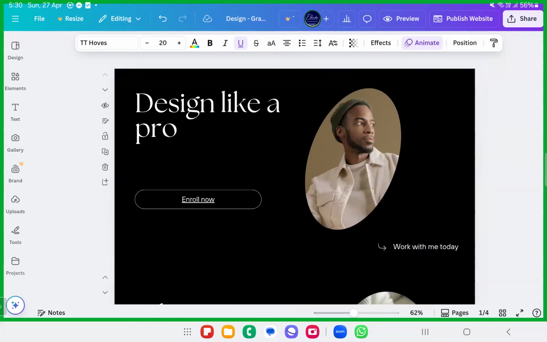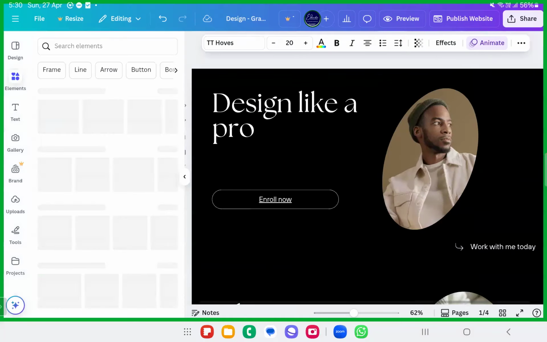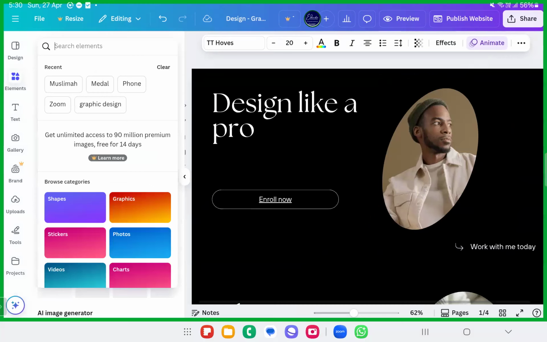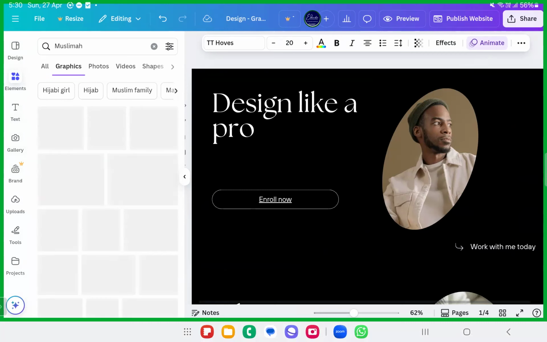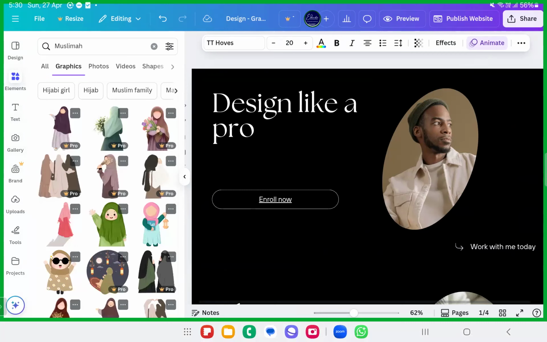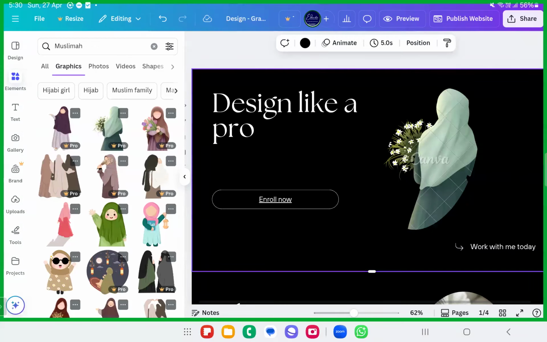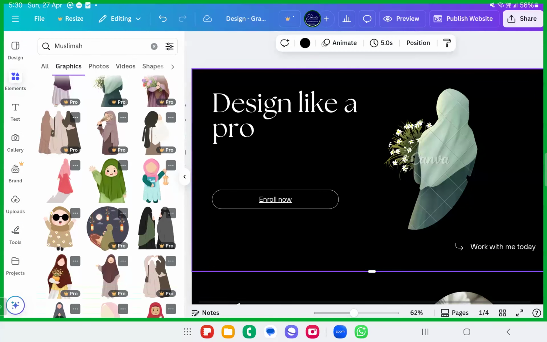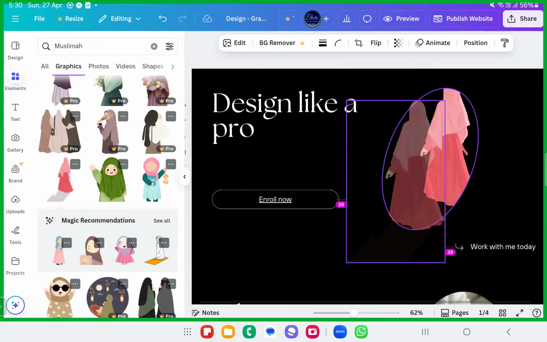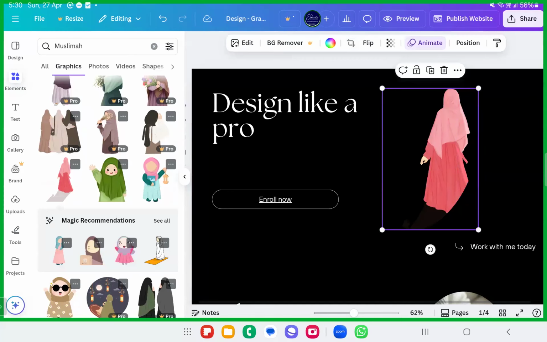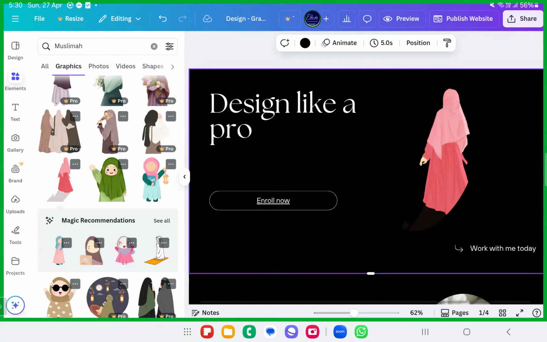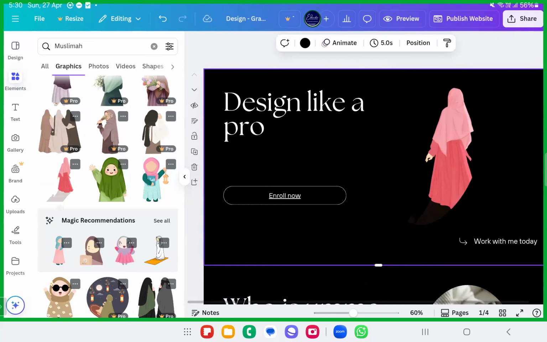So now I'll show this website. I'll preview this website. For this, I'll change the element. I'll add a Muslima here. You can do this very easily. Okay, so now it's a pro. See, all the stuff is pro. You're using all of this for free, right? Because it is pro here, it's not free. I already told you we are into the framework where we are going to get this free website done.